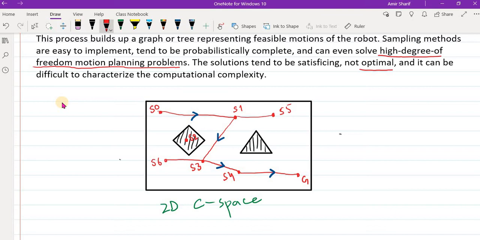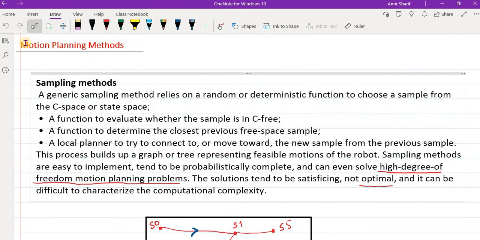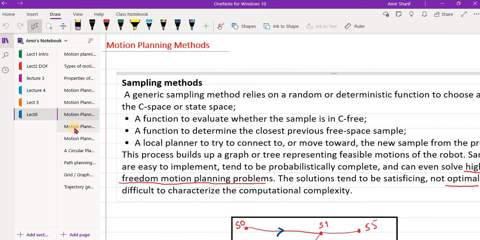There are some that can give near optimal solutions, but generally because of their random nature, they tend to be not optimal. And also finding their computational complexity is difficult because of their random nature. So this was our third motion planning method,